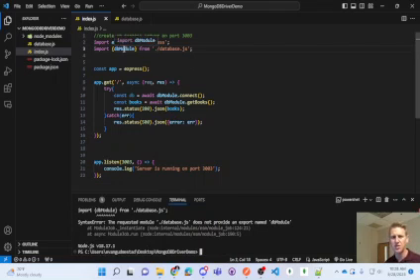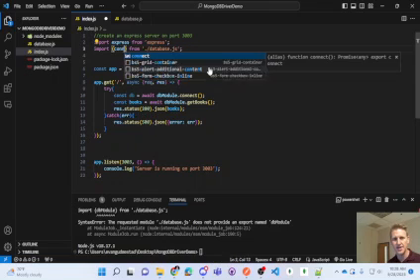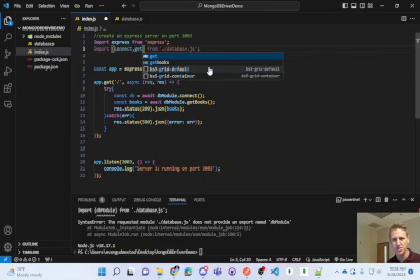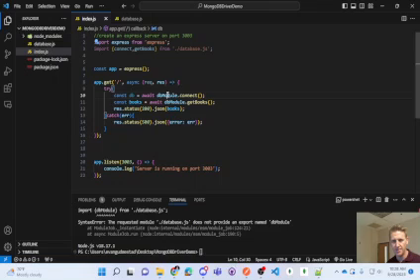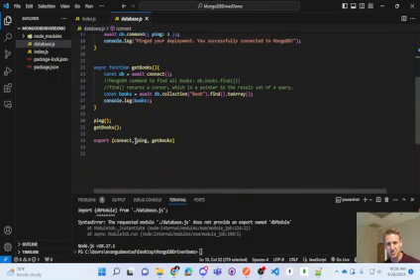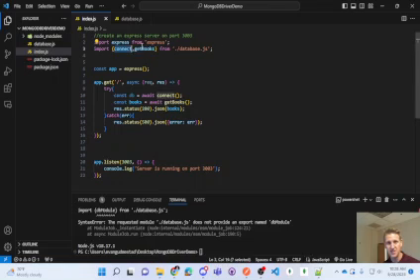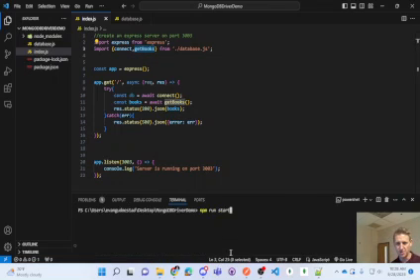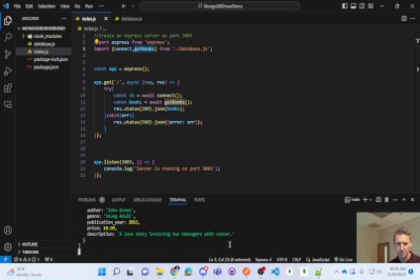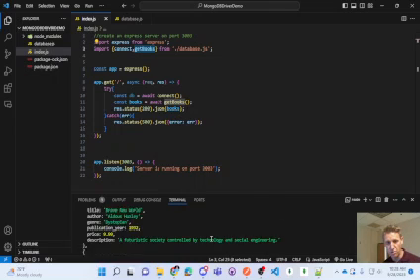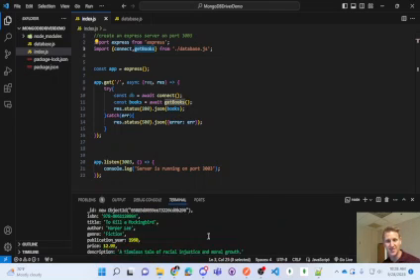Okay, so let's just bring in connect and get books this way, and then we refactor this to just call connect and get books. So we have these named exports here, connect and get books. I'm going to bring them in this way. Figured my syntax was off there. Okay. And now you can see when I boot this up,